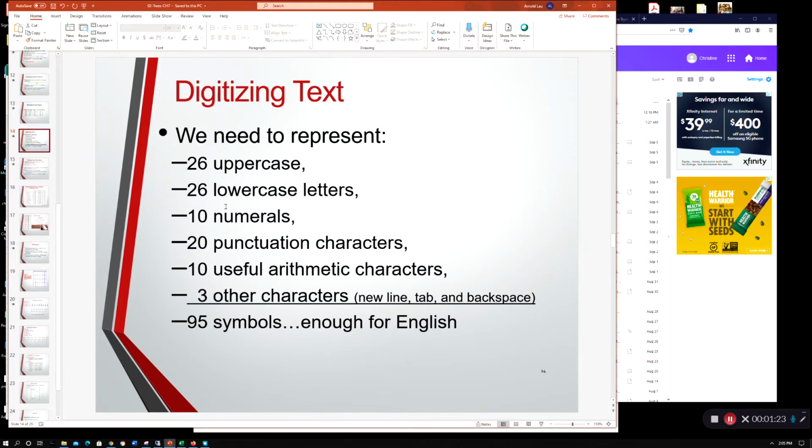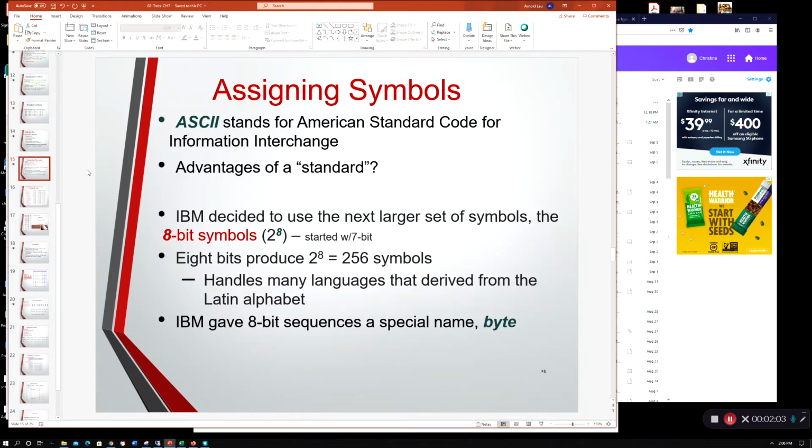So let's say we had to think about how to represent in zeros and ones our English language, Roman alphabet, let's say. You can think about, we have 26 characters in the alphabet. We have uppercase, lowercase. We have numerals, which would be 0 to 9. You have punctuation characters, some common arithmetic characters. You also have a couple of miscellaneous characters, new line, tab, and backspace. So that accounts for like 95 symbols that you need to represent. So if we look here,